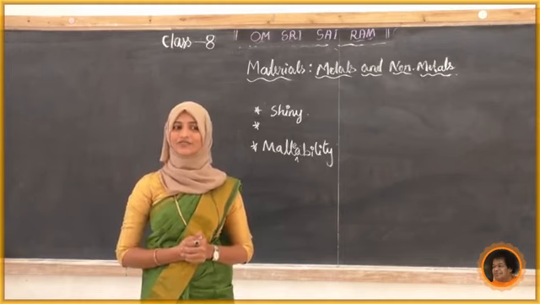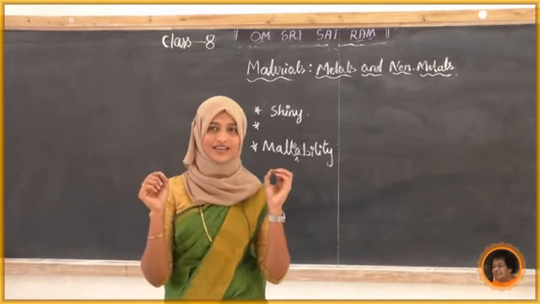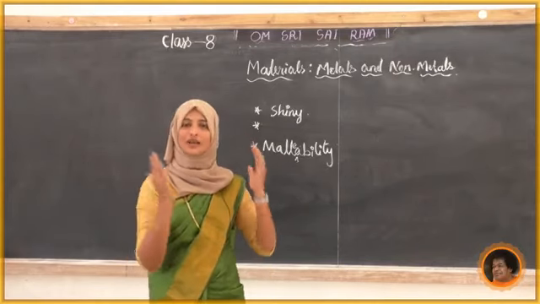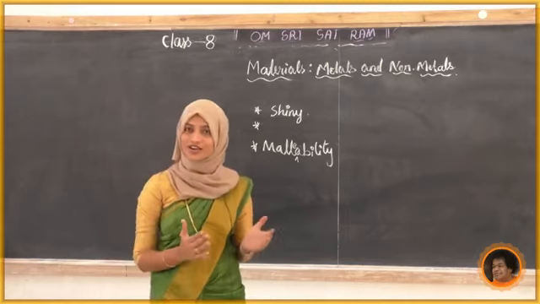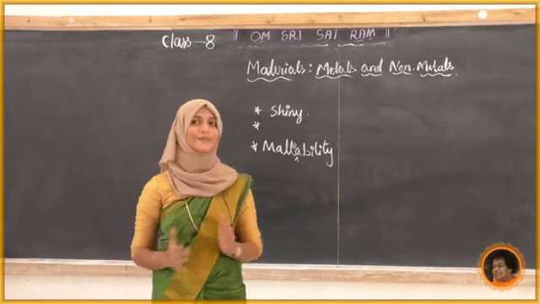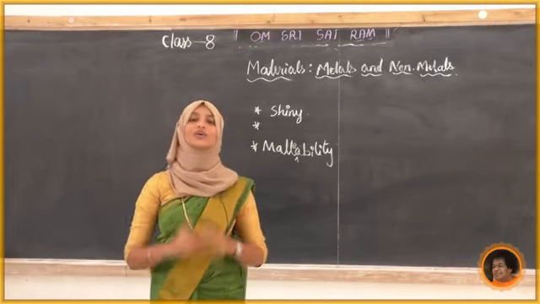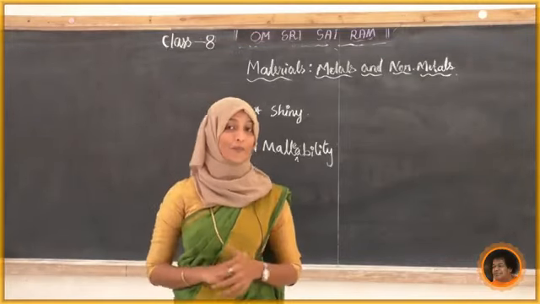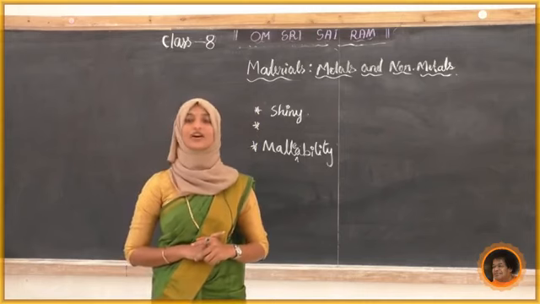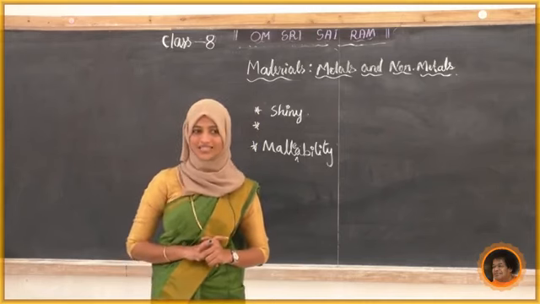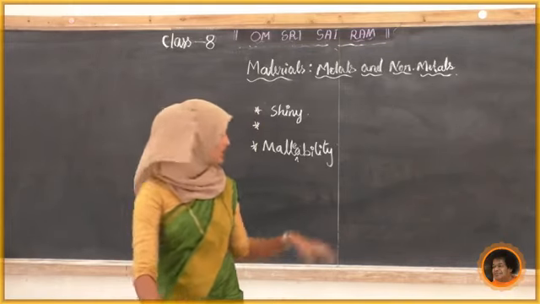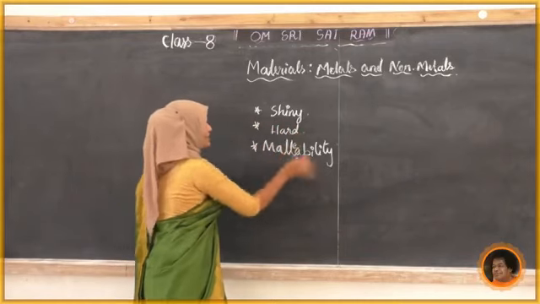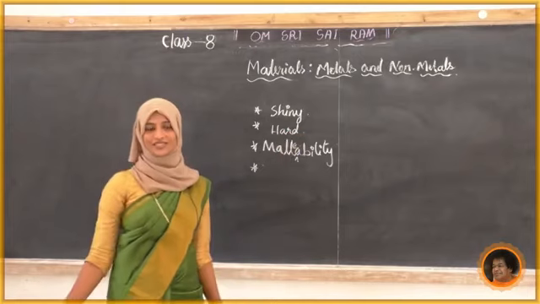Similarly, if you try to beat a piece of coal or a pencil lead, we won't get such a result. Instead, if you beat any iron, silver, gold or aluminium, we will get this sheet. So we come to know that only the metals have the malleability property, but non-metals do not have such a property. Come to know, no? Yes. So how many points did we get? Shiny, hard and malleability. Next we will see other points.